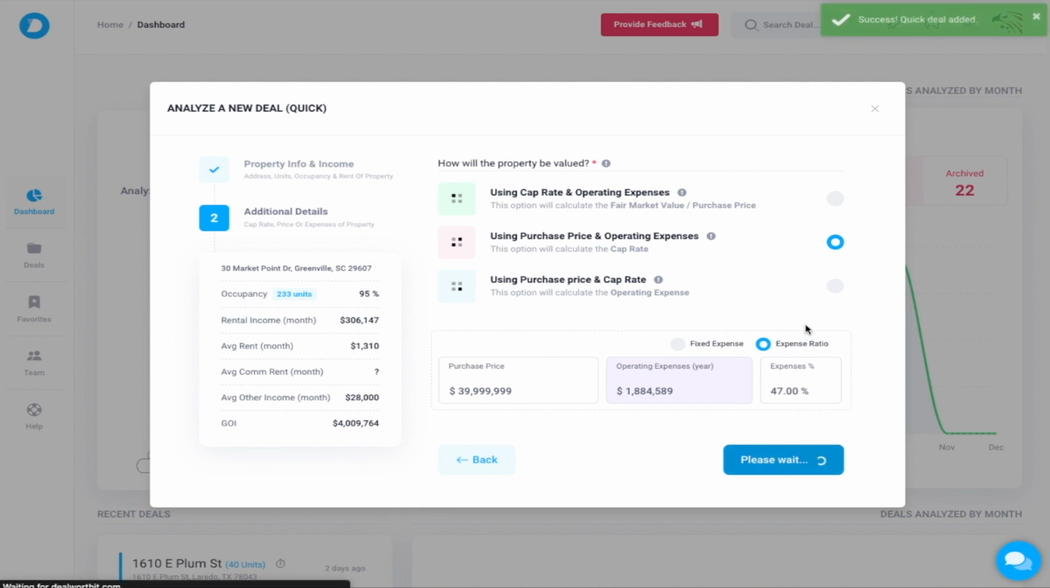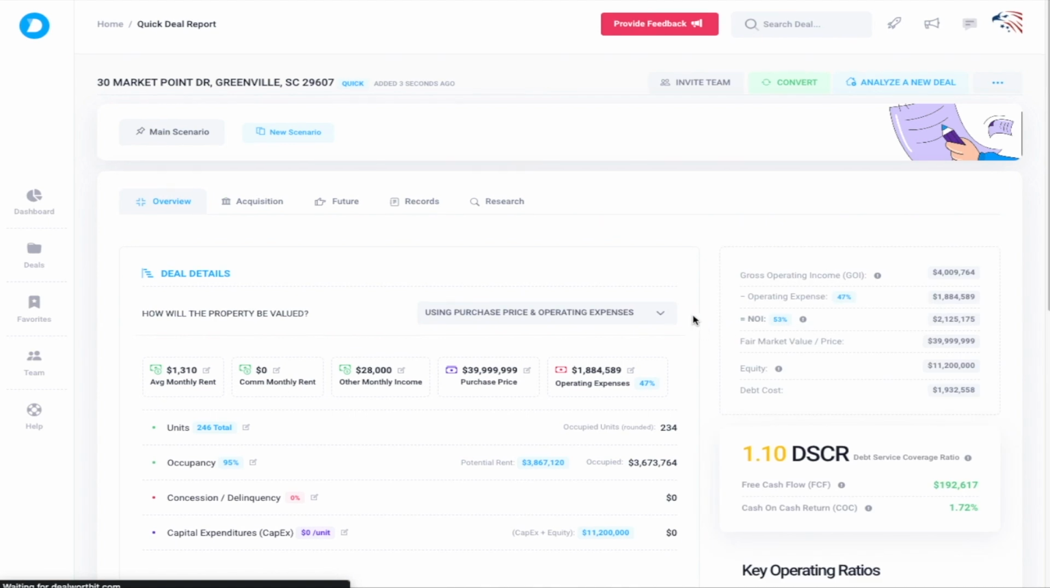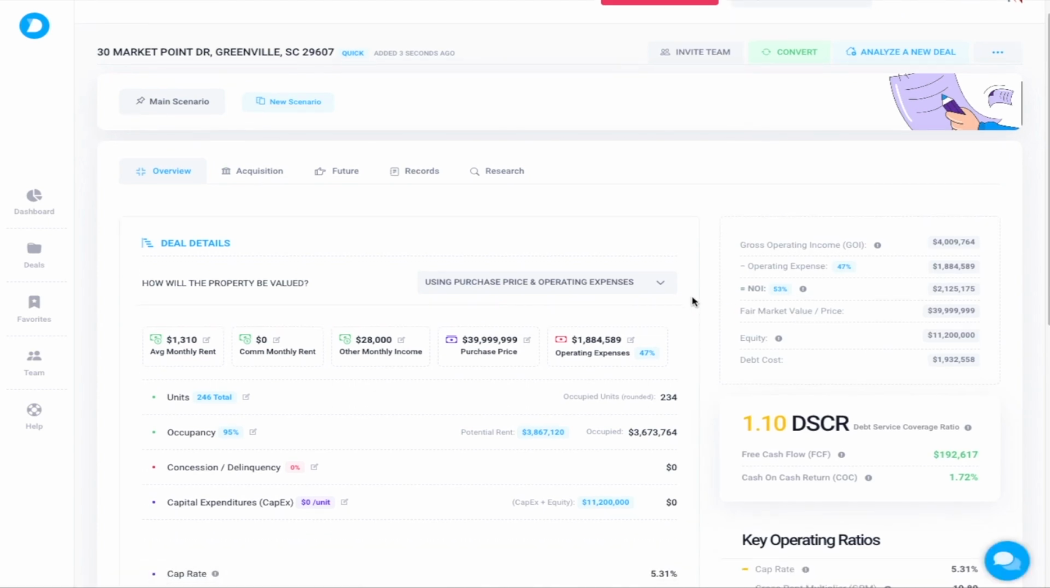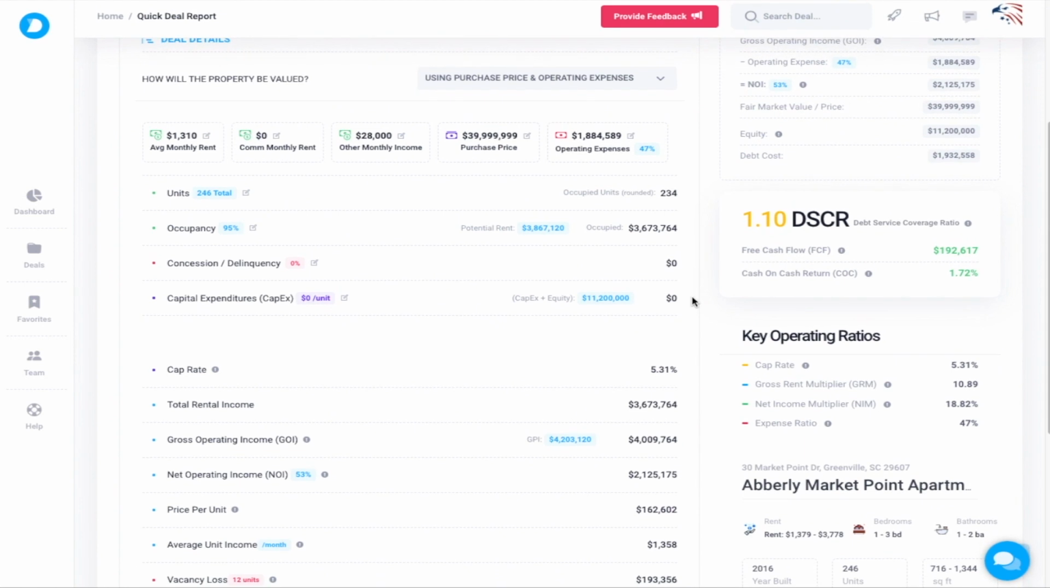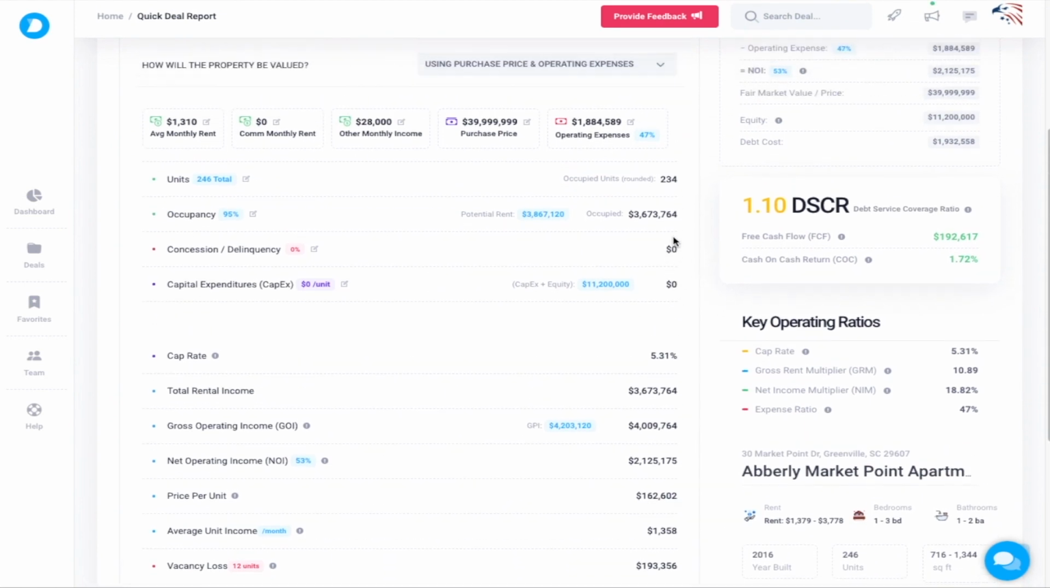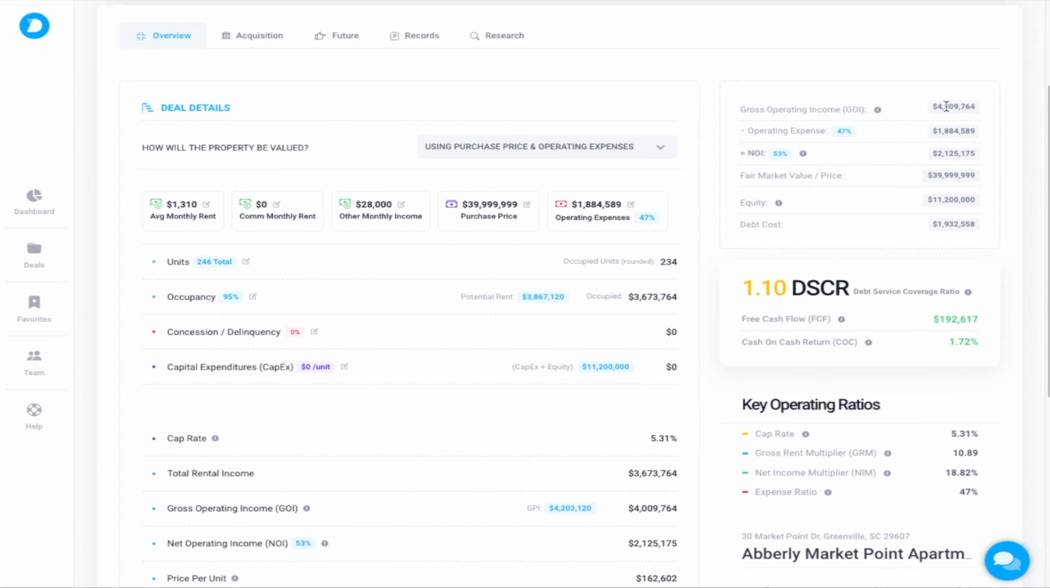So what DealWorthIt is doing now is pulling your data into this full underwriting. As you can see, we have the quick version, and on the left side, here's your inputs, and on the right side, here's the outputs. We can see our gross income, just based on what we entered earlier, is around $4 million. We have our expense ratio of 47%, our NOI of $2.1 million. It's going to require about $11 million of equity based on the current debt inputs, and the debt cost is